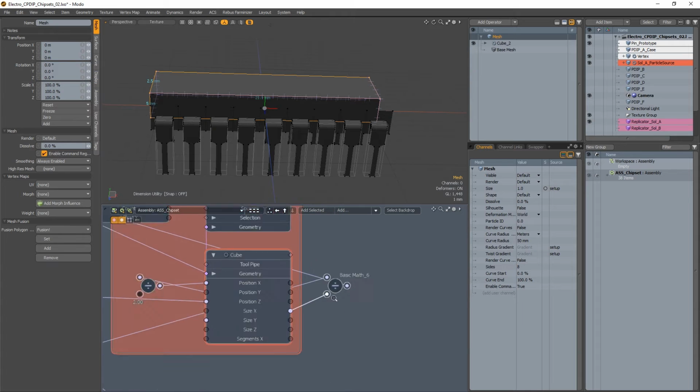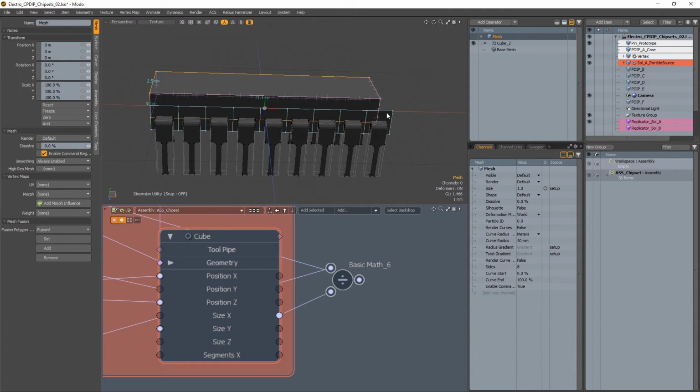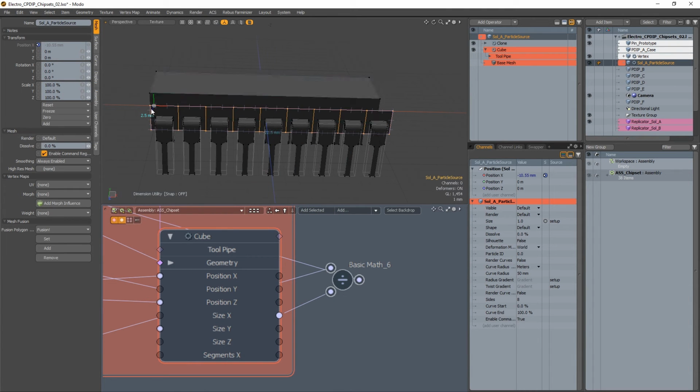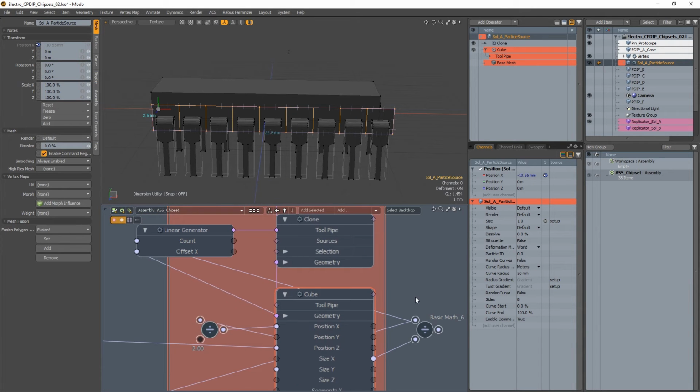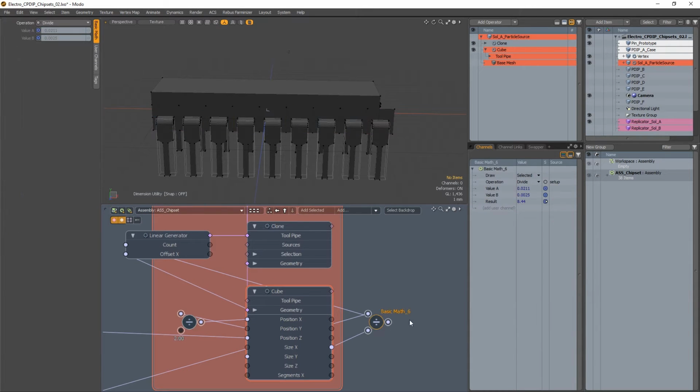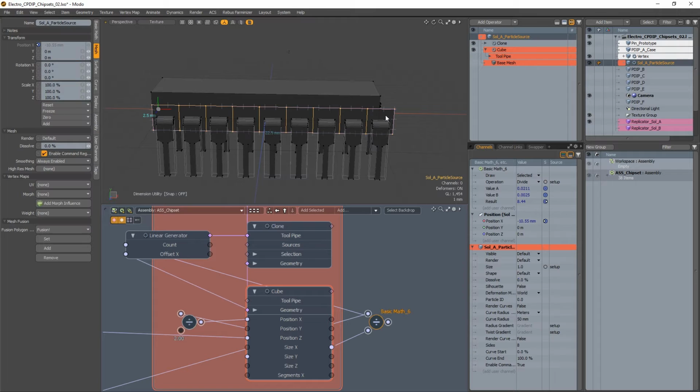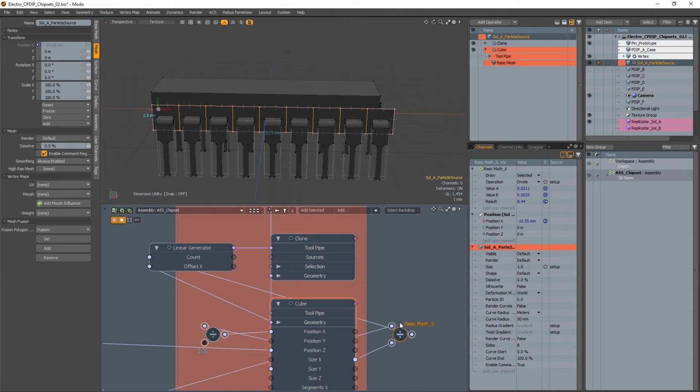Okay, and we are duplicating, creating another object that is 1.4 millimeters bigger. So we can probably use the math in order to change the size of this. So here probably what I can do,